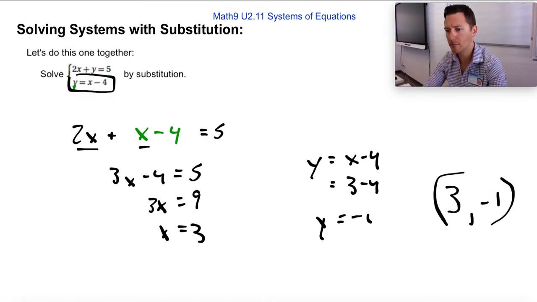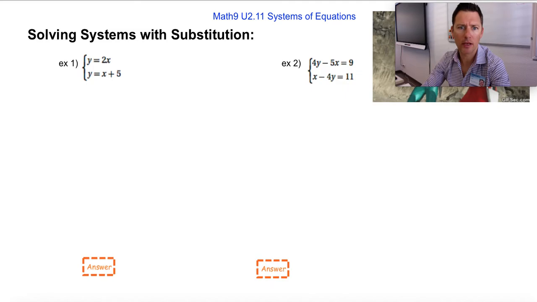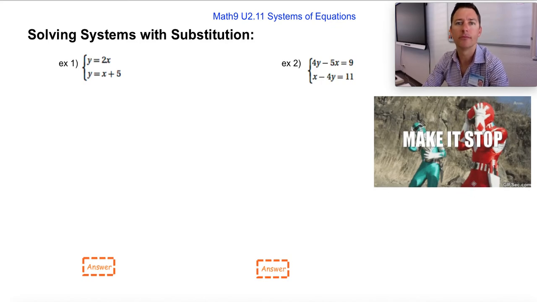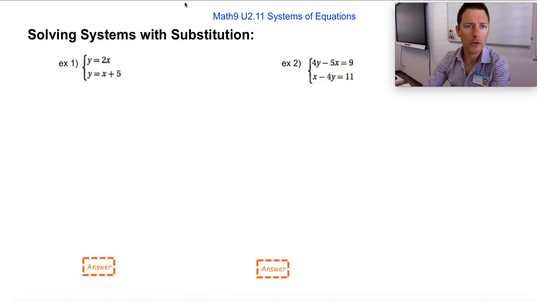Cool. You try it, right? This one's a little tougher because you have to rearrange on your own. This one's a little more straightforward. Pause me and give it a shot. Go. Okay, so